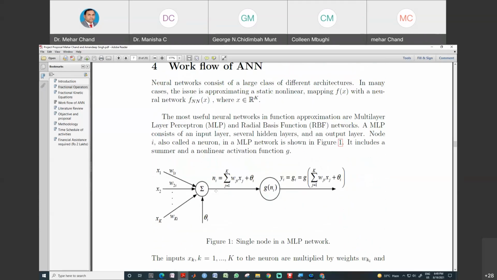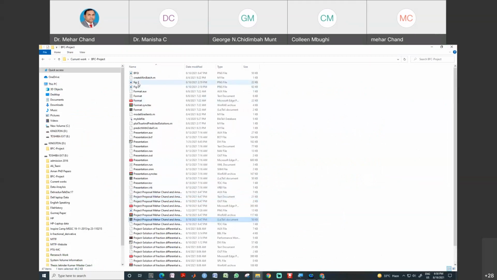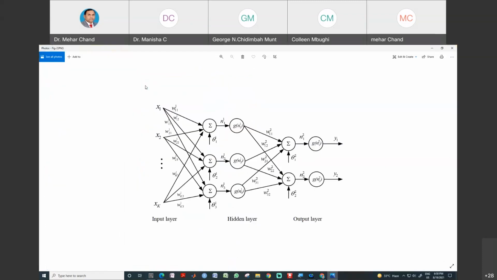If you have a problem in inserting the figure, see here. This is my current folder, and this is my text file, which is highlighted in blue, and there are two figures. One figure is figure 1, and the name of the second figure is figure 2, and this is the logo which I use in this file. This is my first figure, and these are in JPG form, and this is the next third figure, I mean 2.